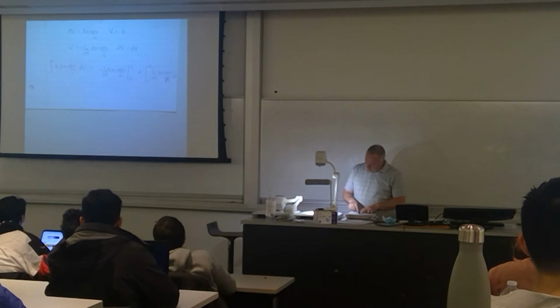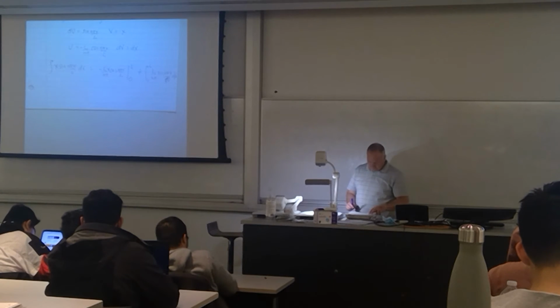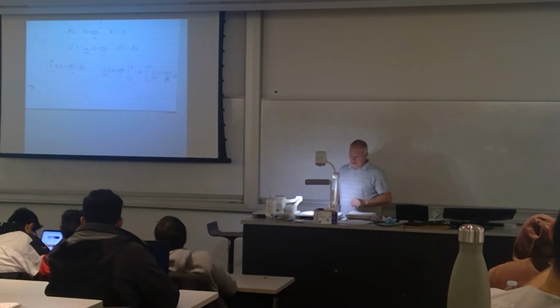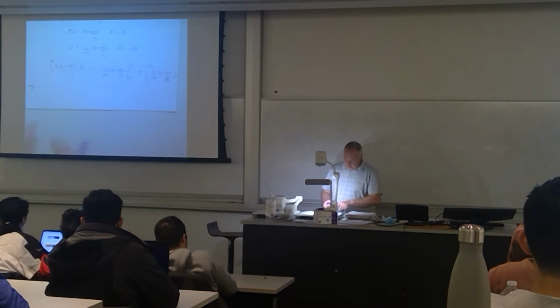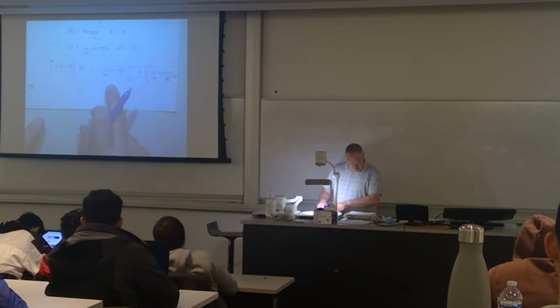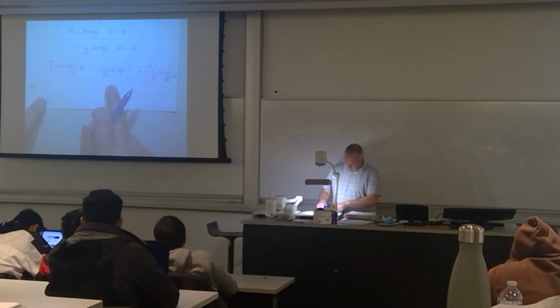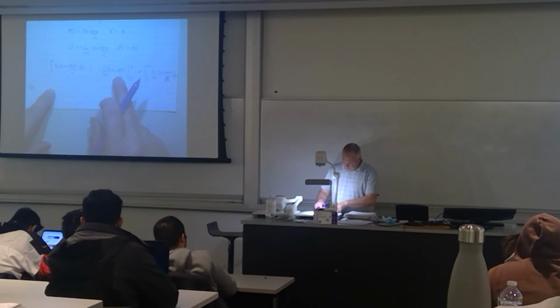Let's make sure I got that right. L over n pi, integral 0 to L, cos n pi x over L. Okay, why is there an x? So now this is just this integral here. So this thing here is equal to what? What is cos n pi x over